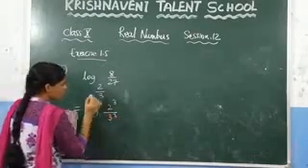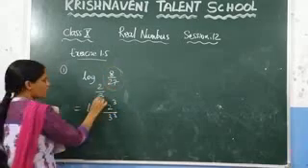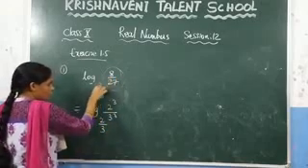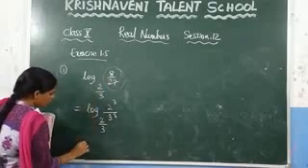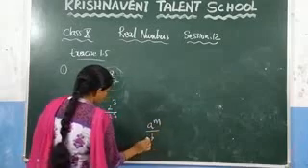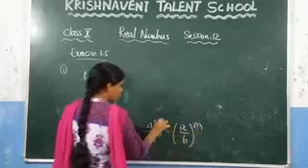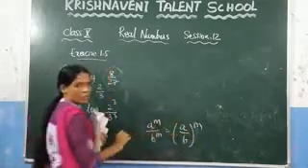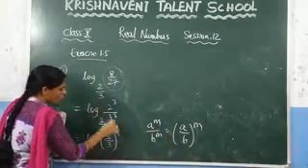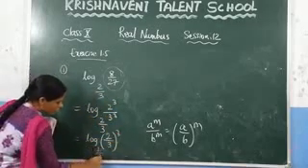So this one you can write as 2 cube by 3 cube. What is the base here? 2 by 3. So we have converted this value to the 2 by 3 form. Here you know that a power m by b power m is nothing but a by b whole power m. If the powers are same, you can write the whole power. So you can write this one as 2 by 3 whole cube, to the base 2 by 3.